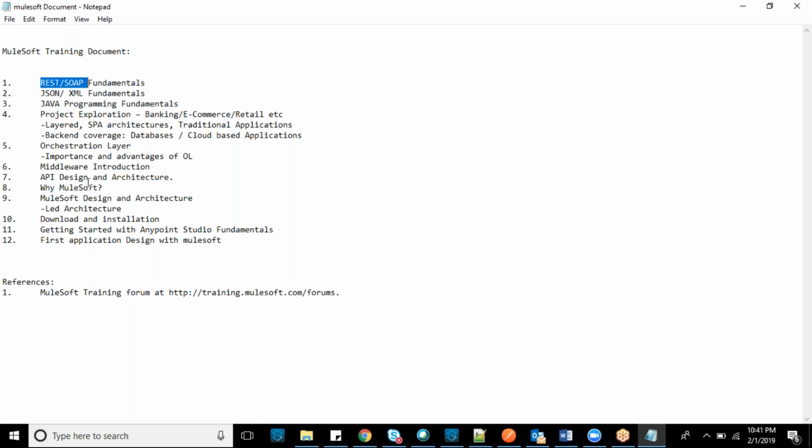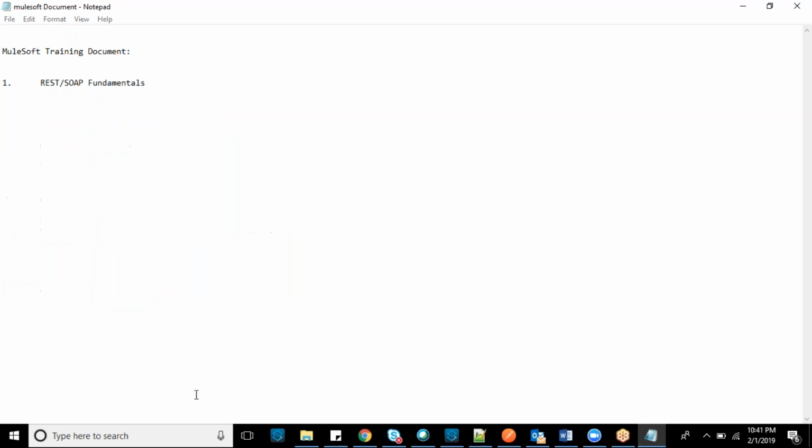Those come into the picture where middleware is introduced. I'll start with the project so that I can cover REST and Java programming fundamentals, so it will be easy to understand. For example, I'll take a banking or e-commerce domain project.